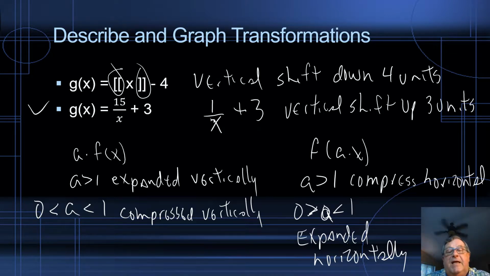And this 15 is the same thing as 15 times 1 over x, if you think about it. So a is going to be greater than 1, and then we can say that this is expanded